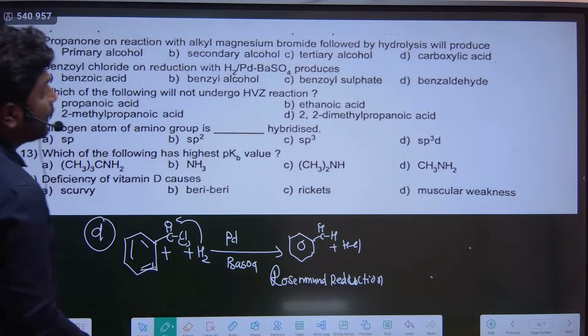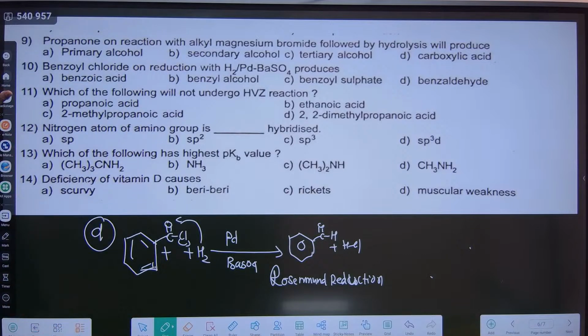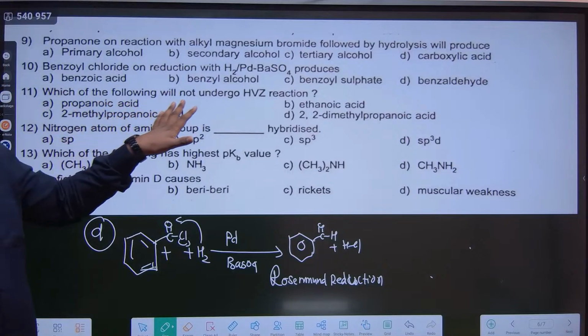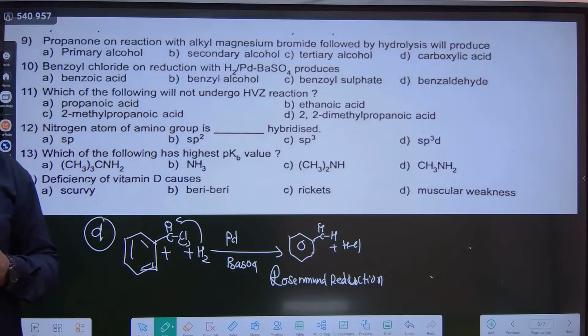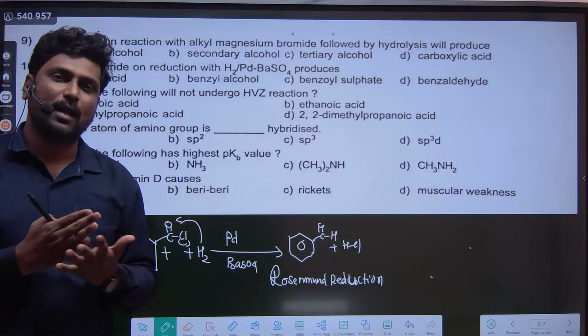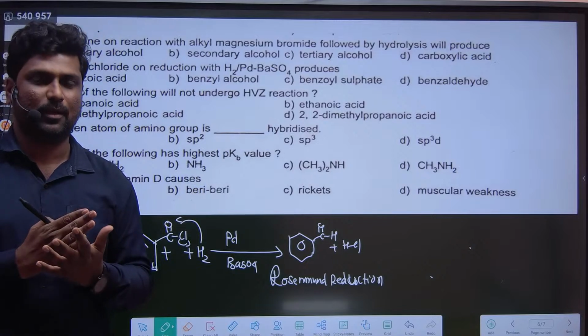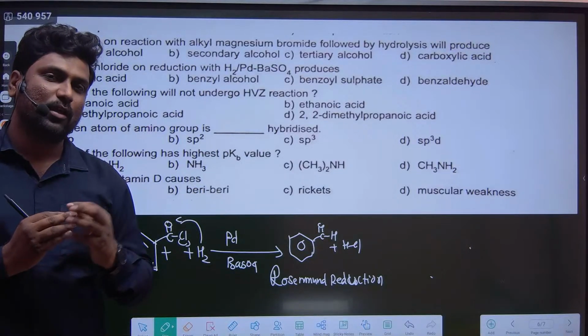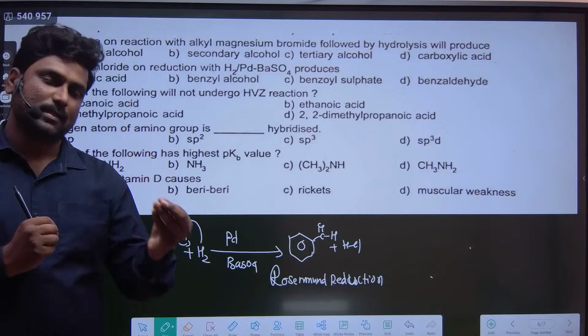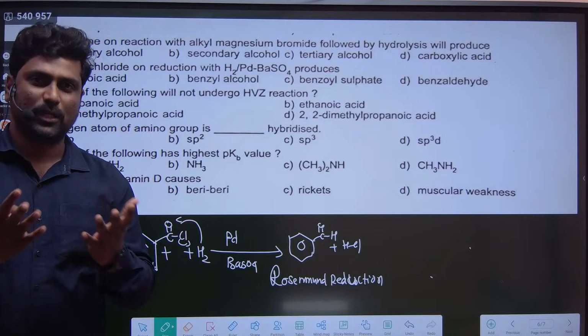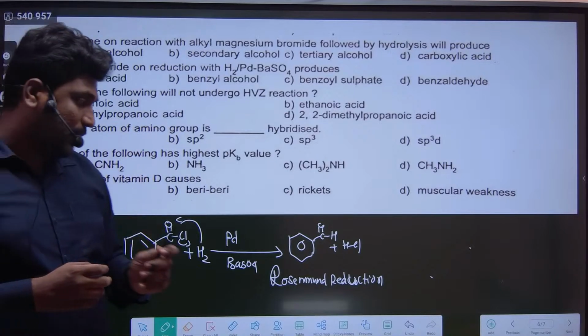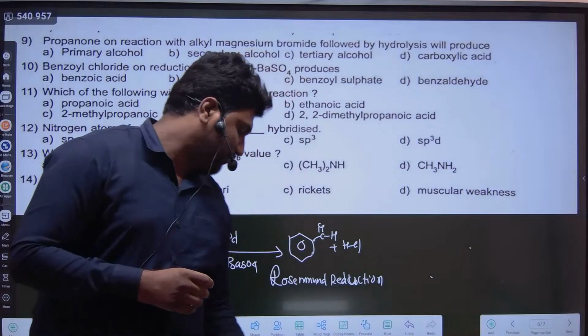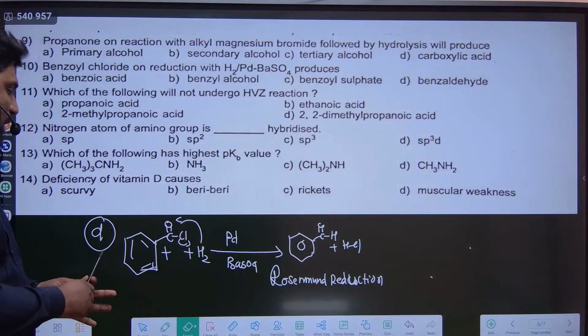Benzaldehyde. If you check the next question, question number 11 is: which of the following will not undergo HVZ reaction? HVZ reaction is nothing but the Hell-Volhard-Zelinsky reaction. This reaction is applicable only for carboxylic acids which contain alpha hydrogen atoms. Remember, the reaction is only for carboxylic acids which are containing